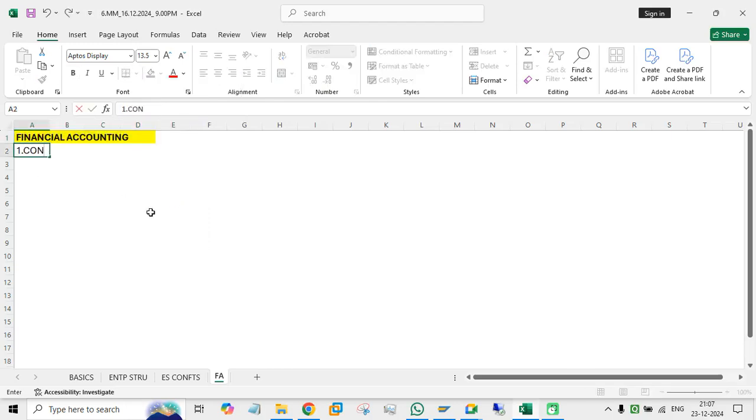Under that, controlling area, COA, controlling area, CO. So normally controlling area, what do you mean by controlling area here? Controlling area